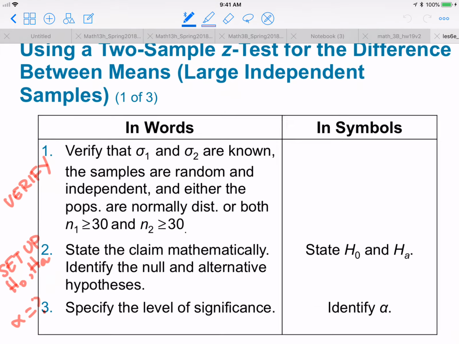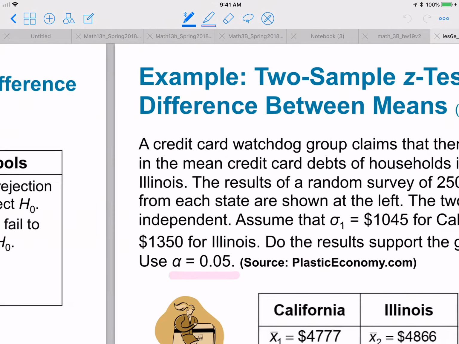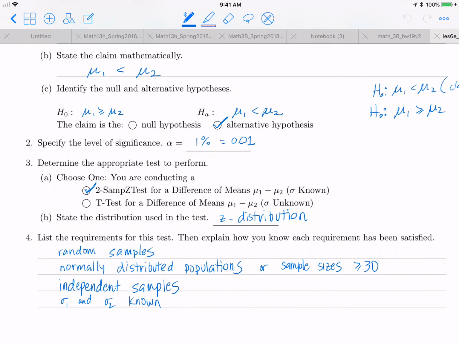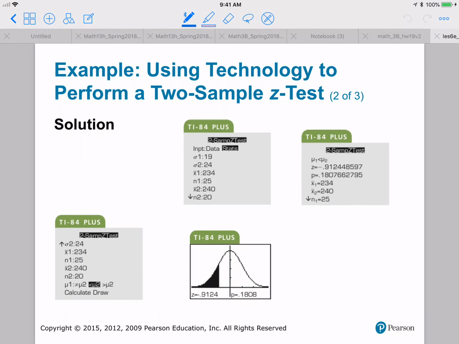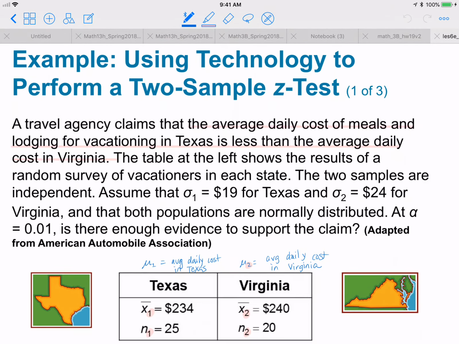Okay. So verify the sigma 1 and sigma 2 are known. Samples are random. Samples are independent. And either the population is normally distributed or both sample sizes are at least 30. Okay, good. We didn't forget anything. Now, random samples, that is stated in the problem. How do we know this? We know this because